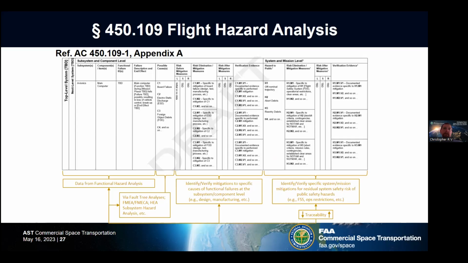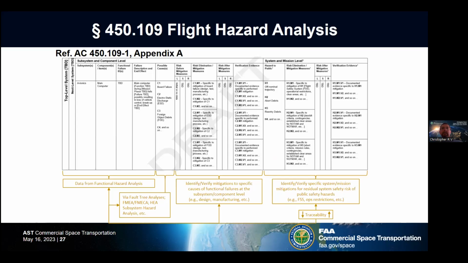assessment. The causes are determined from fault tree analyses, FMECAs, or other system safety or reliability type analyses. The first piece is to identify and verify the mitigations to specific causes of functional failures at the subsystem component level. And then the residual risk